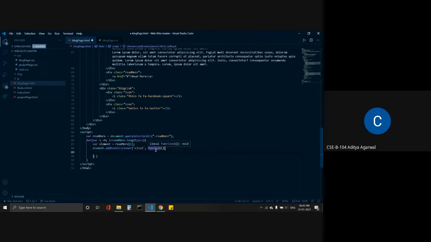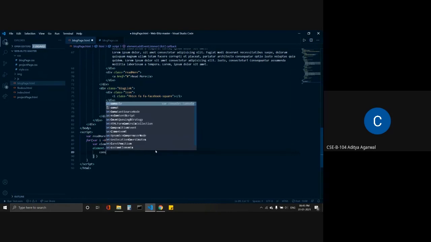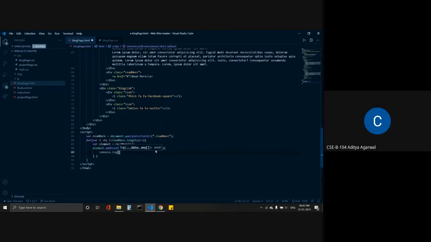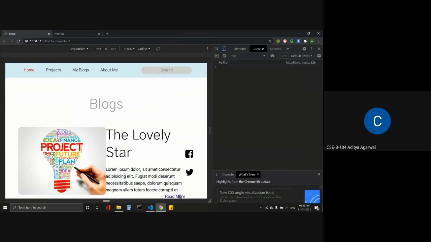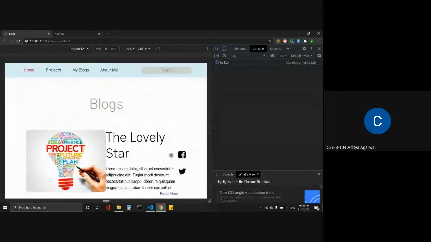This can be done by console.log. I will just write hello. I refresh my page and click on read more. See, my hello is printing, and this also, hello is being printed.